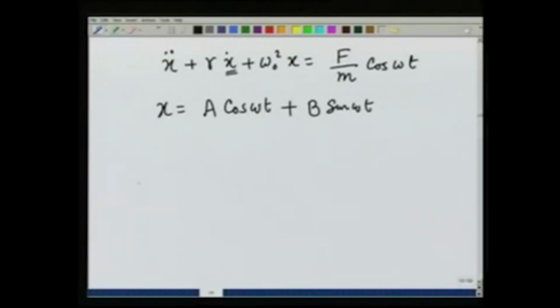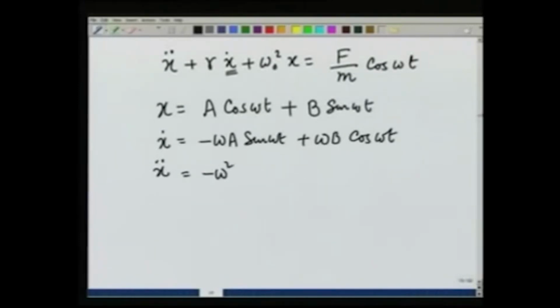Let us see now what the general solution is. So, let us put this in here. x dot then would give me minus omega a sine of omega t plus omega b cosine of omega t. When I substitute, x double dot is equal to minus omega square a cosine omega t minus omega square b sine of omega t. When I substitute these three,